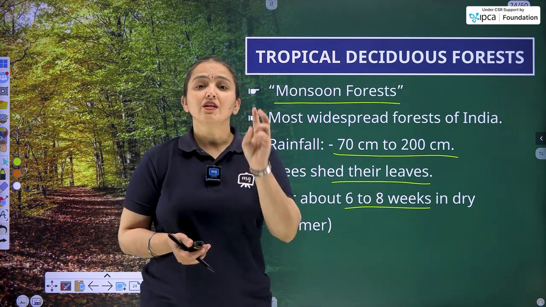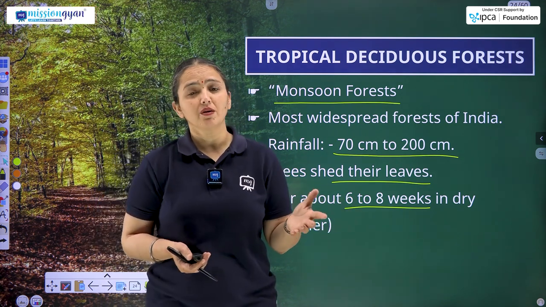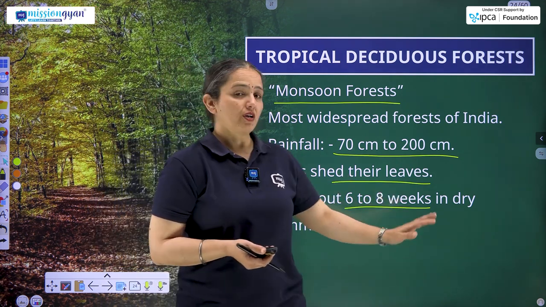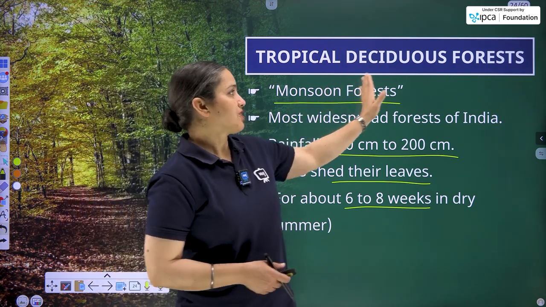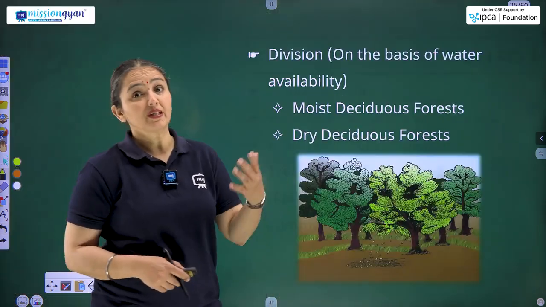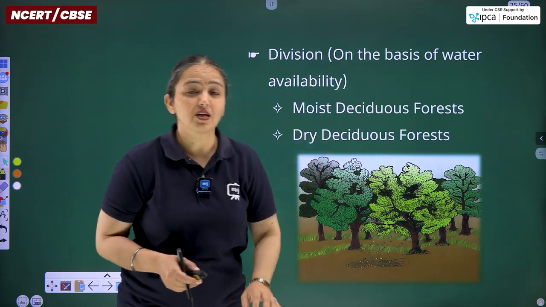As actually 4 weeks are comprised in 1 month. So 8 weeks we are talking about over here. It means we are talking about 2 straight months of summer that are experienced in the regions comprising tropical deciduous forests. As I was stating, these deciduous forests are